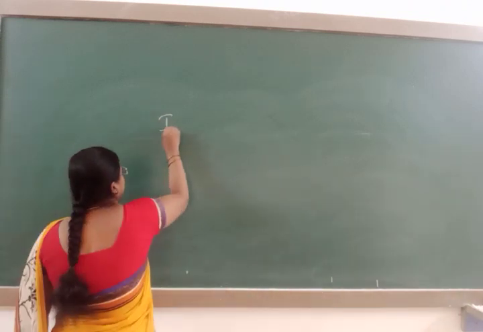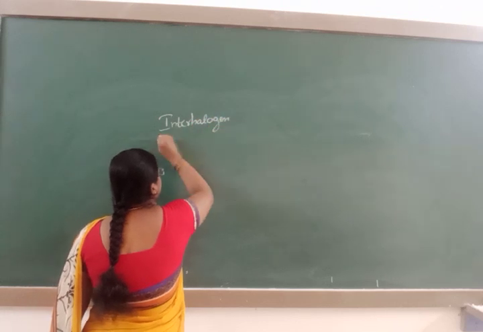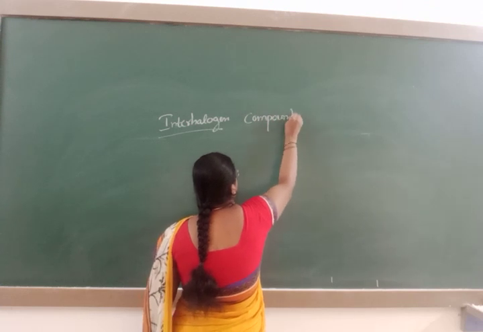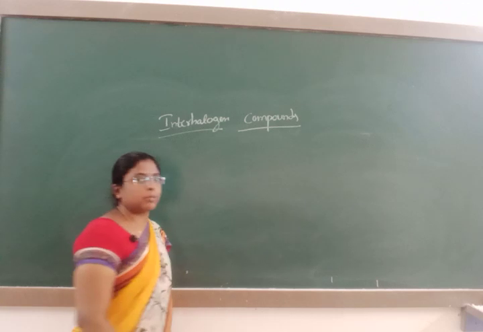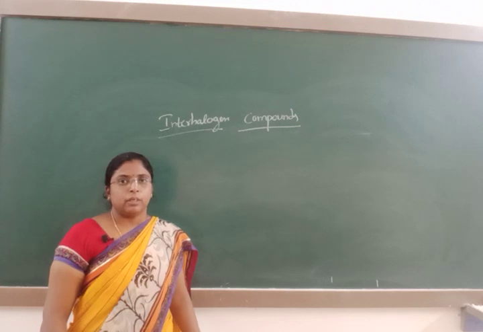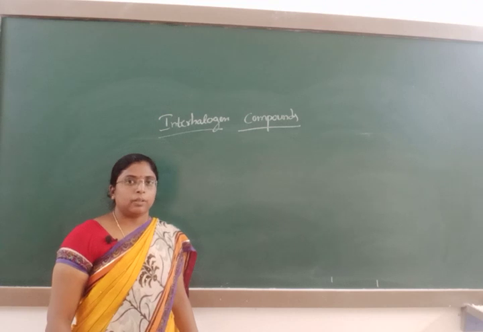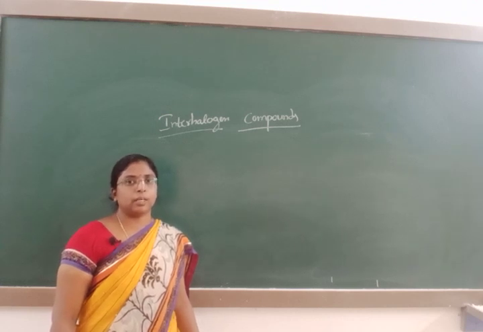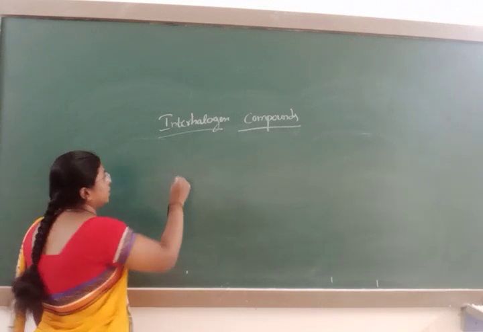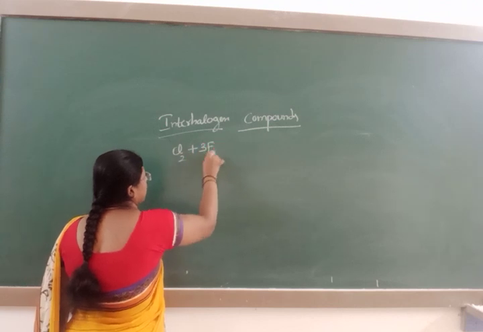The word itself indicates it. Interhalogen compounds are formed when a halogen combines with other halogen atoms. To form interhalogen compounds, two different halogens directly combine. Example: chlorine reacts with fluorine to form